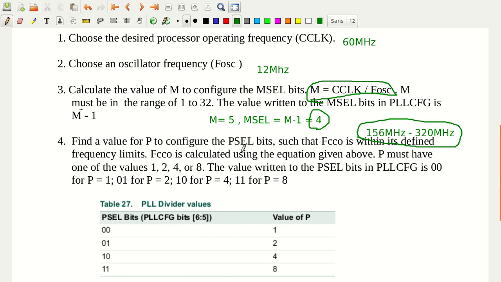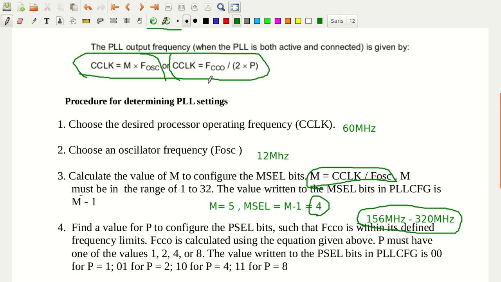Let me do the calculation here. CCLK is FCCO divided by 2 into P, so 2 into P is equal to FCCO divided by CCLK. So P is equal to FCCO divided by 2 into CCLK.